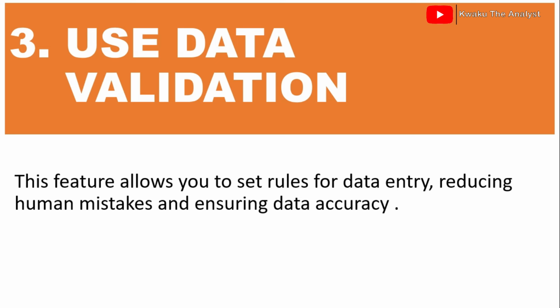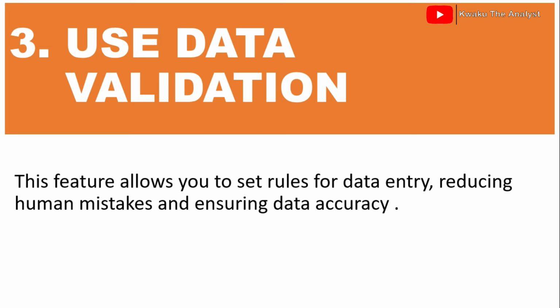Under data, there is a tool called data validation, which you can use to restrict users to what they should enter in a cell or what they should choose in a cell. So there are different ways that you can validate a cell. An example is maybe you are creating a list of names and the gender. You can restrict the cells in gender to only male and female,